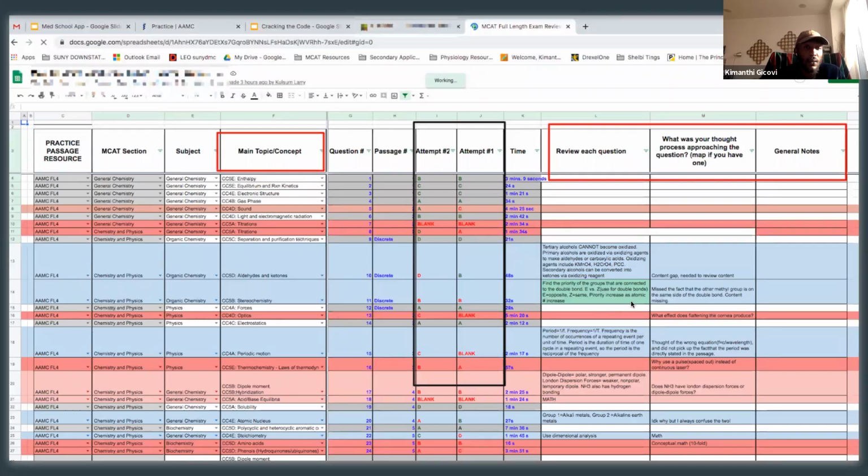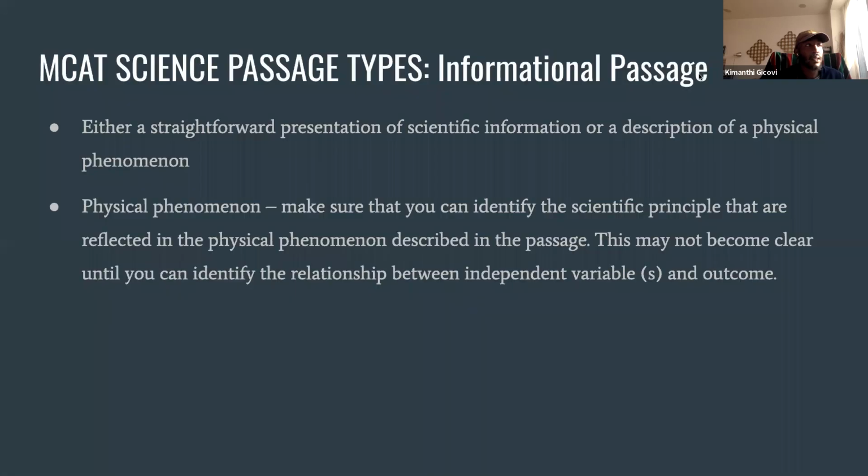So I've talked to you guys in the last slide about how important it was for me to keep track of what I was doing, because later on I could go back and say, oh okay, I need to go work on titration because I keep making those mistakes. Or I might go back and look at my notes and realize, oh, I had a content gap and I needed to go back and review aldehydes and ketones. Little things like these are super helpful to help you track those trends, okay? So this is the last part of all of my how to study for the MCAT.